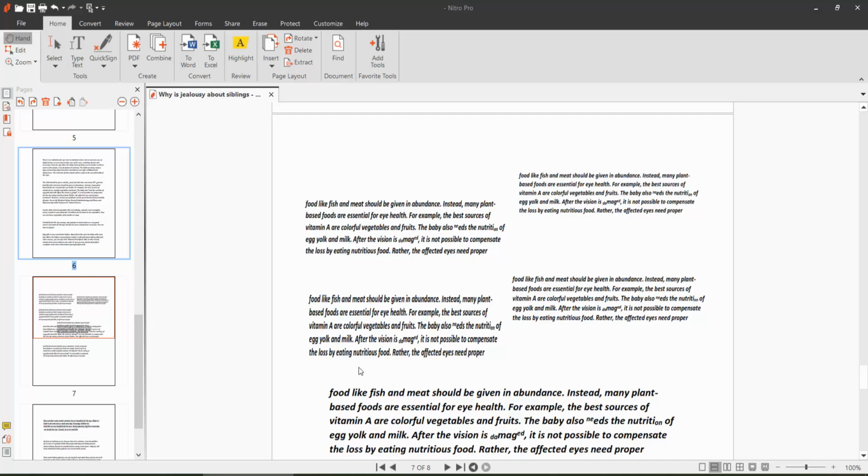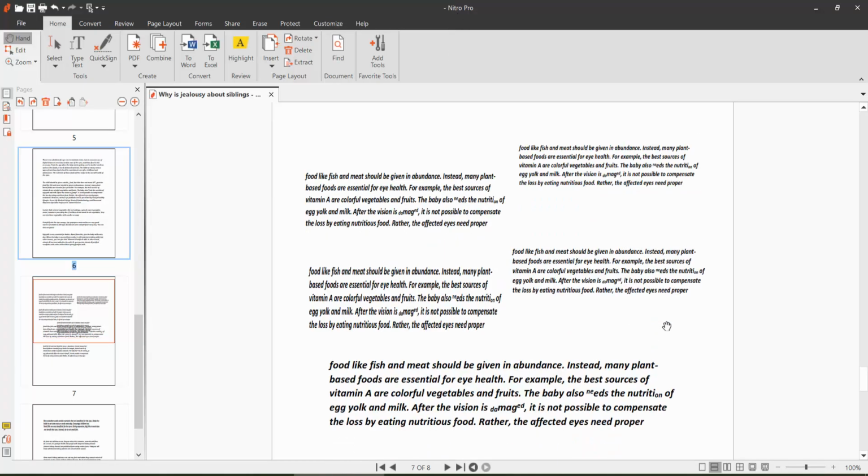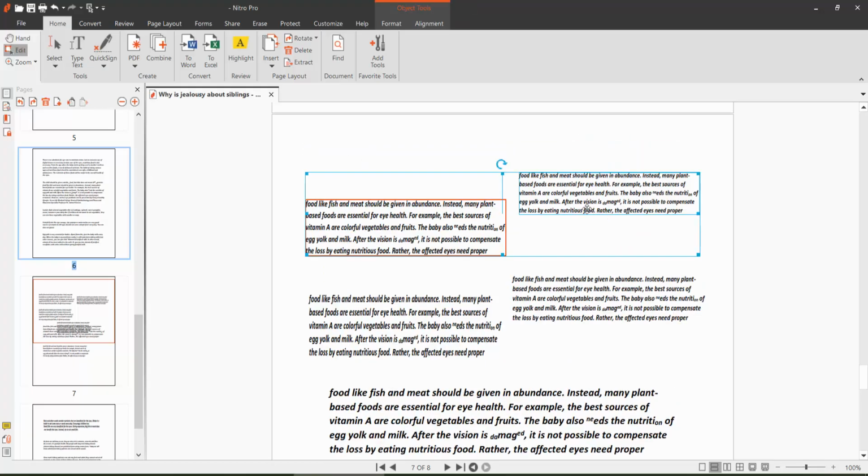Hello everyone, today I'll show you how to adjust text boxes vertical and horizontal alignment using Nitro Pro PDF Editor. Open your PDF file with Nitro Pro PDF Editor and click on this home option, and here you will find this edit option. Select here and drag your mouse cursor, select your text boxes, go to fixed alignment and select